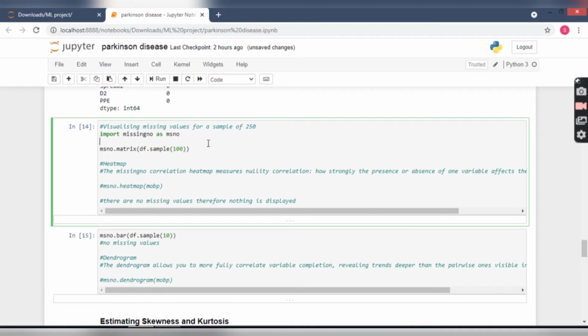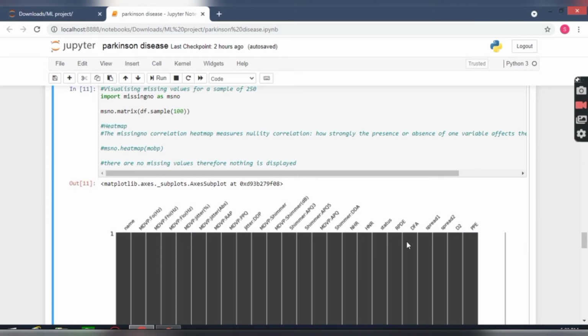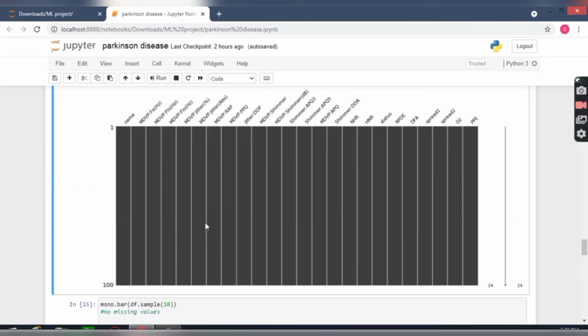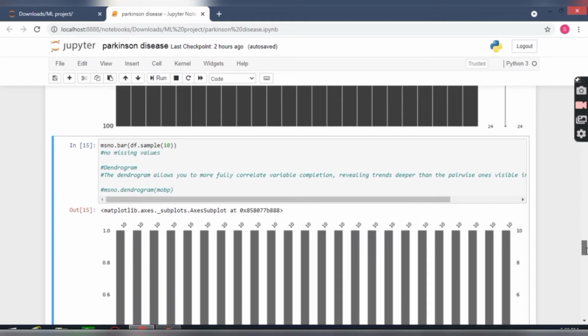Here we have input sample 100, we have taken a sample of 100. Let's execute this. Now you can see that we have got a plot showing that all the variables, or columns, have no null values, and we can see that they have the perfect plot.